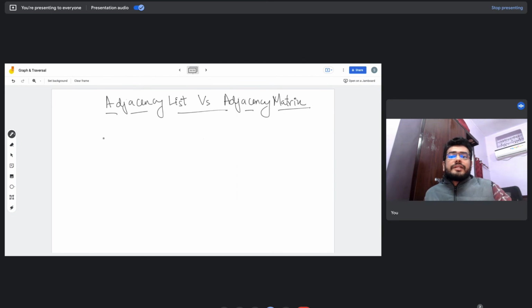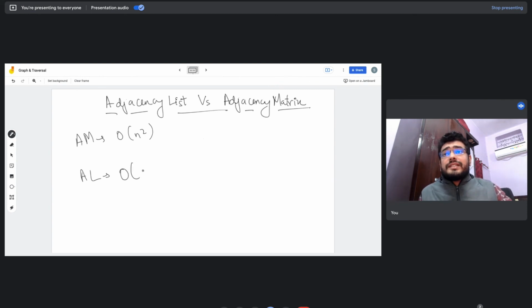Now let's try to understand when to use adjacency matrix and when to use adjacency list. Let's first compare the time complexity it takes to traverse both of them. In case of an adjacency matrix, since it's a two-dimensional array, traversing the entire matrix will take O of n square time, where n represents the number of nodes in the graph.